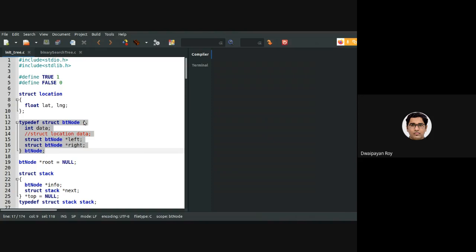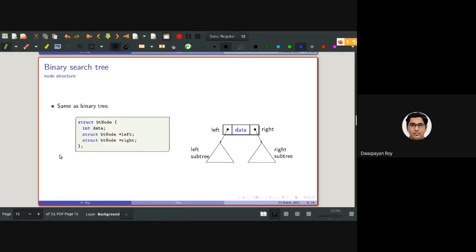There is no imposition from the comparisons point. So that's why we can use the same BT node, which we have defined, for binary search tree as well.